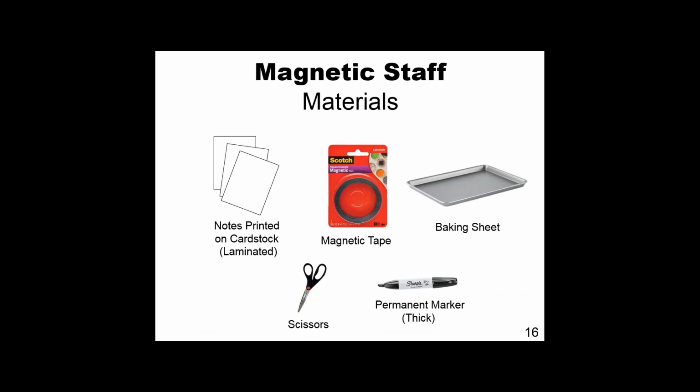So to make this magnetic staff, I printed out some notes, a quarter note, I think sometimes that quarter note and that quarter rest are great to start with, just as they see sound and silence. And then I laminate them for extra strength. Then I used magnetic tape, and there are lots of brands who sell this. I just happen to have the Scotch kind. And then the baking sheet, and I mentioned I just got those for $1 at the Dollar Tree, and I made a class set, and it's been really great to have those. Scissors to cut out your note.